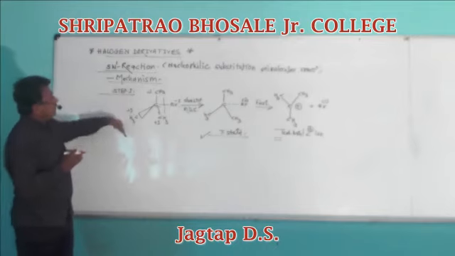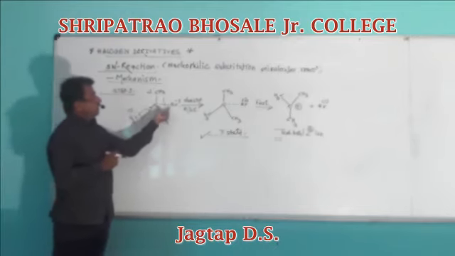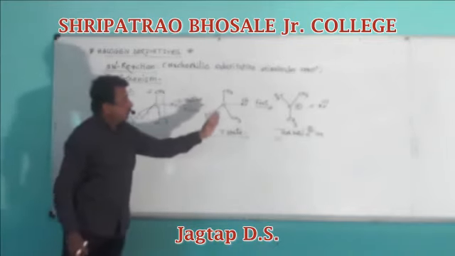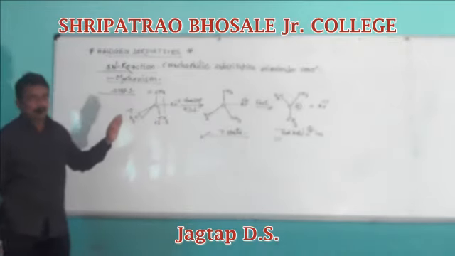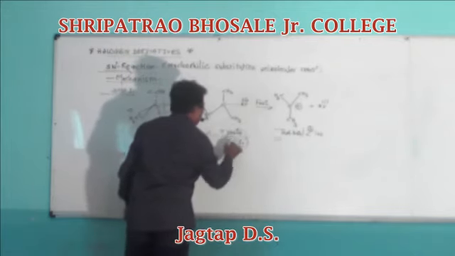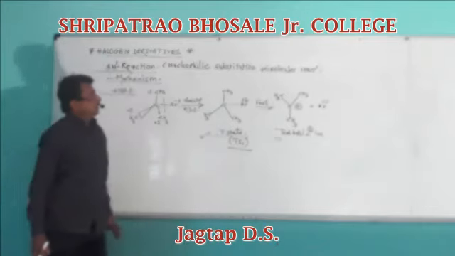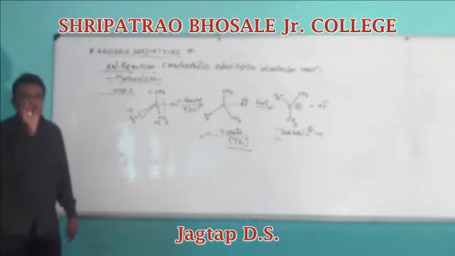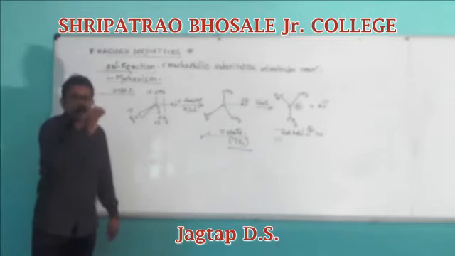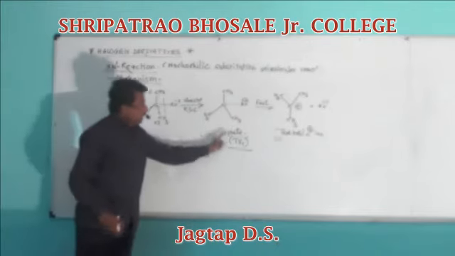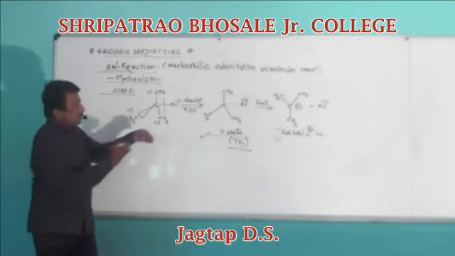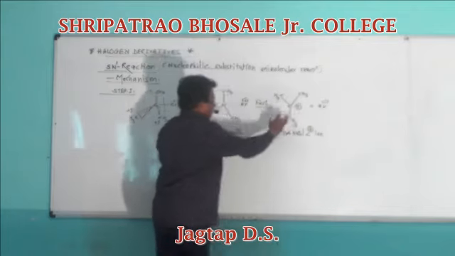That is, this reaction takes place in two steps. Initially, the breaking of C-Br linkage takes place heterolytically in presence of polar solvent to form a tertiary butyl carbonium ion through transition state. In TS1, the breaking of the C-Br linkage takes place partially to form more stable tertiary carbonium ion and Br minus ion. In TS1, the C-Br bond is partially broken. It is a high energy unstable state. Next it immediately loses Br as Br minus to give tertiary butyl carbonium ion.